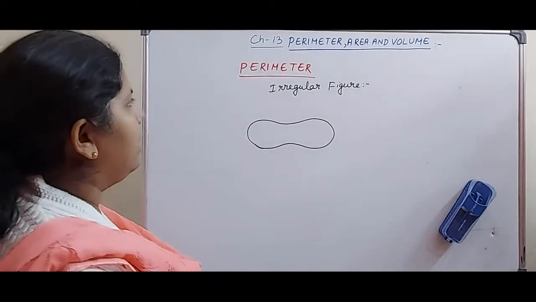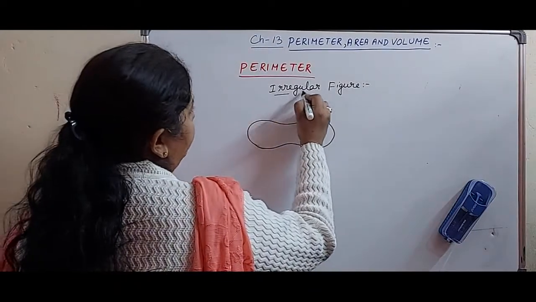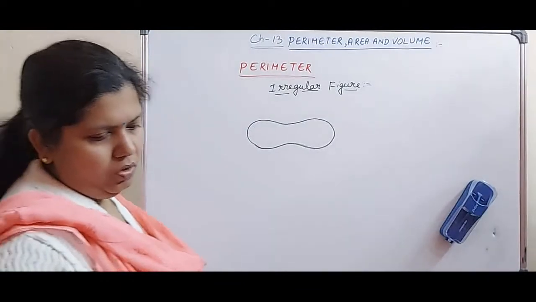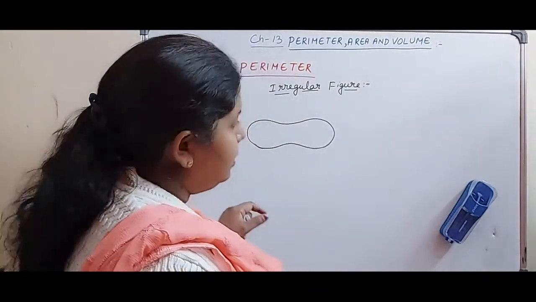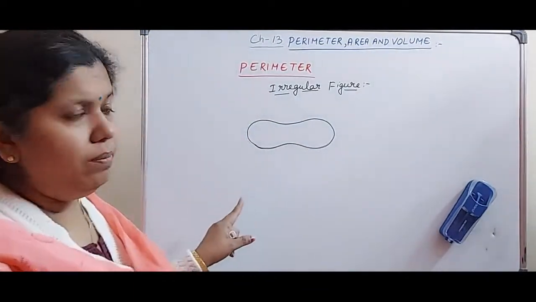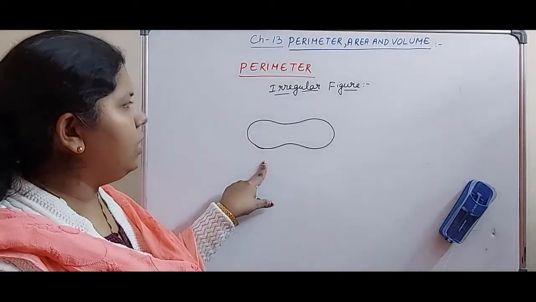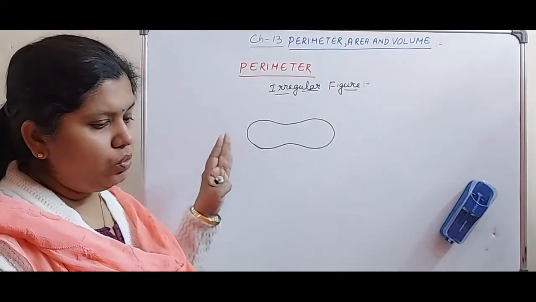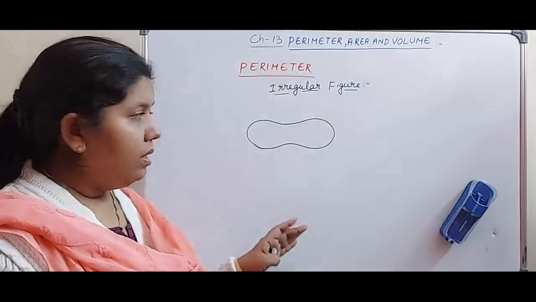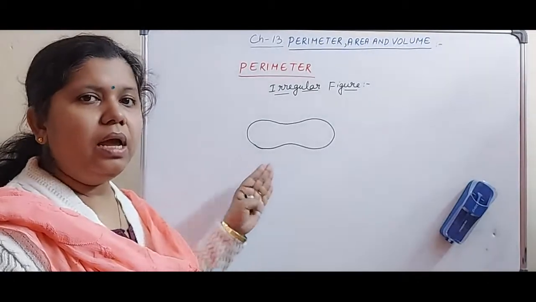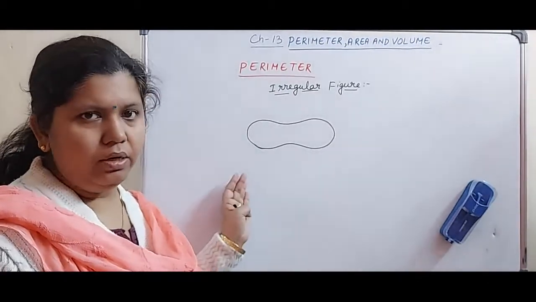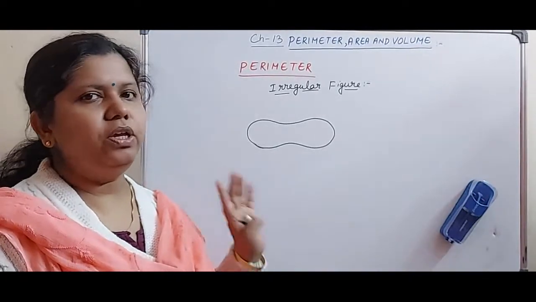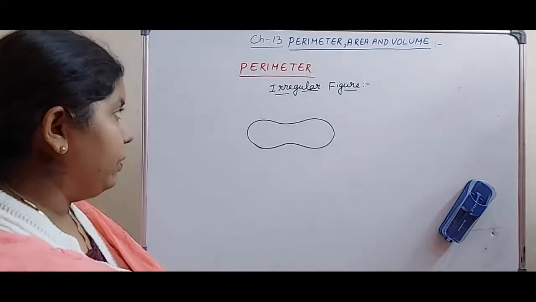Now let us do one question from your Let's Recall. This question is given in your Let's Recall, question number 2 bit A. See, your answer may not be the same, because this one is a handmade drawing which I have made. But this question is similar. The method I am following to measure this figure, you also have to follow the same method. Don't go by length. Length will be yours.